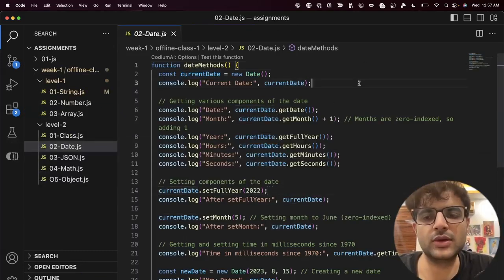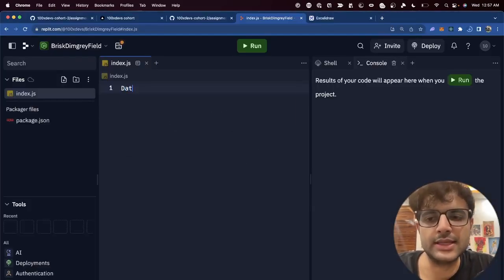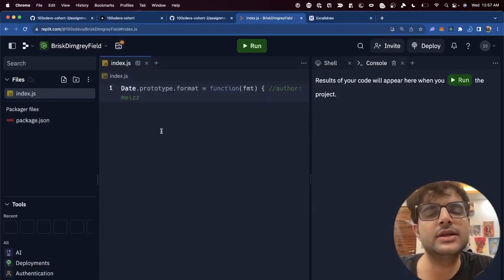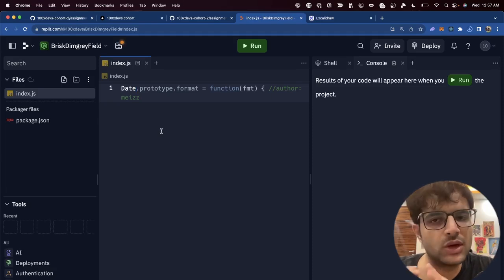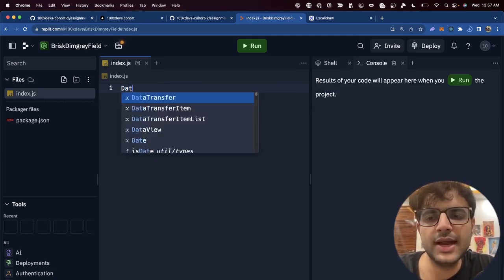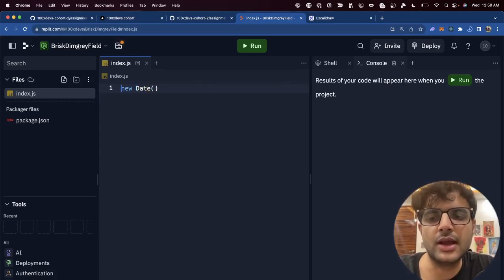All right, let's look at a few time related functions. Basically the global date class that JavaScript gives you. This is the global class that JavaScript gives you, which, what do I mean by global? I mean that it is present for you to use out of the box. Just how you can just write function, you can just write var, you can just write const. Date is not exactly a primitive. It's more like a class that has been pre-made for you, and you can use it, create new objects for it. For example, const current date equal to new date, and then you can do a bunch of things with